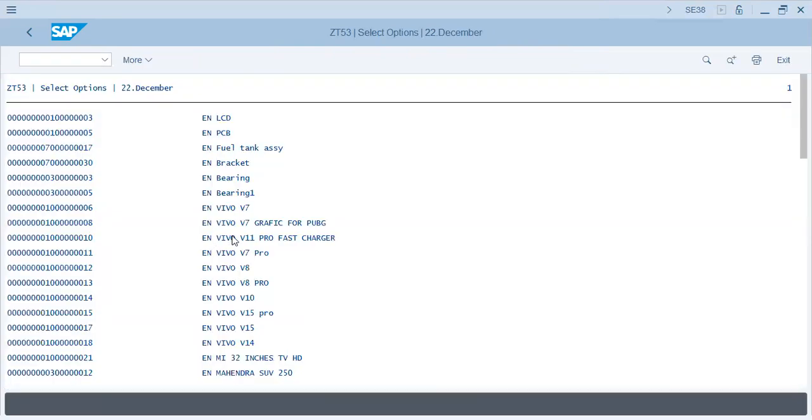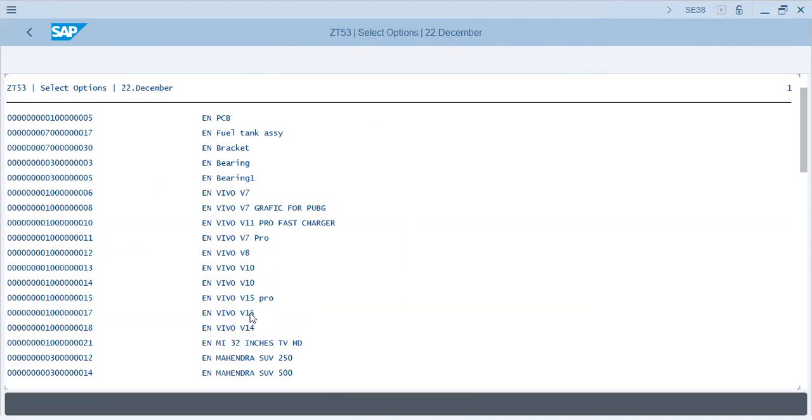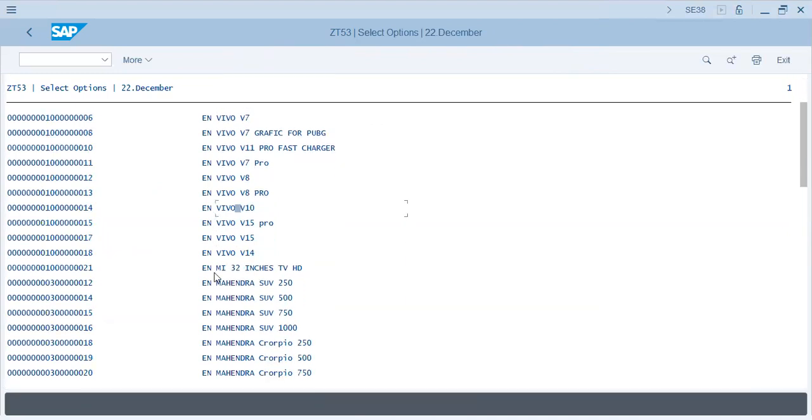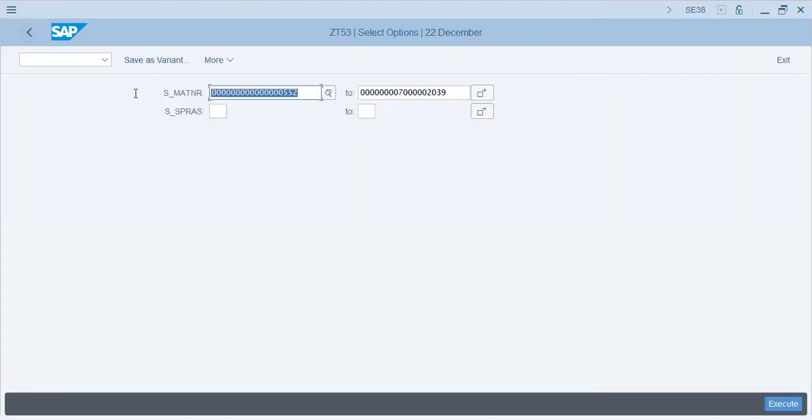Okay, now we have a list of all the materials. So we have material number, language, and material description. So let's copy the previous. If SPRAS is not initialized,